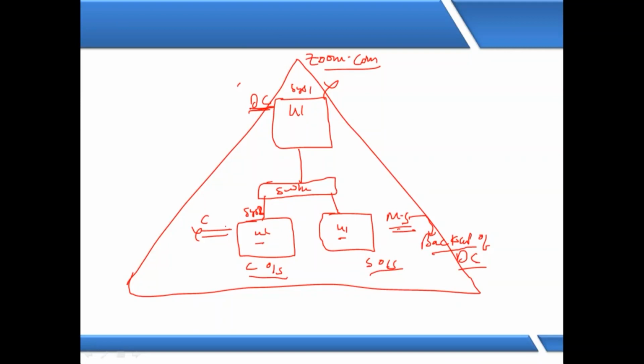So that machine should be created with server OS or client OS. Yes, it should be created with server OS, because once you make a machine with server OS, it will be in work group. Same like if you make a machine with the client OS also, it will be in work group. But once you join the machine into the domain,